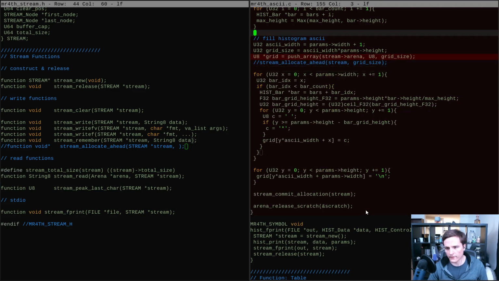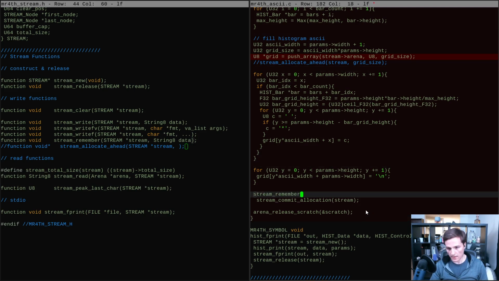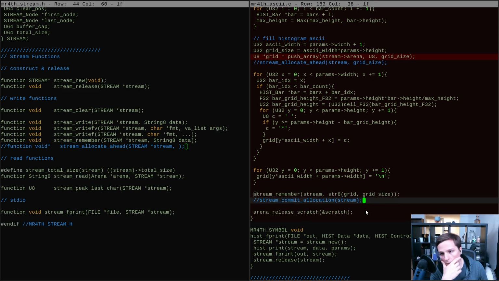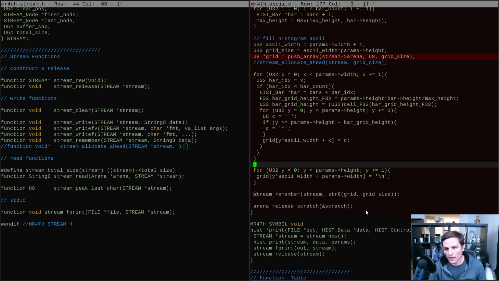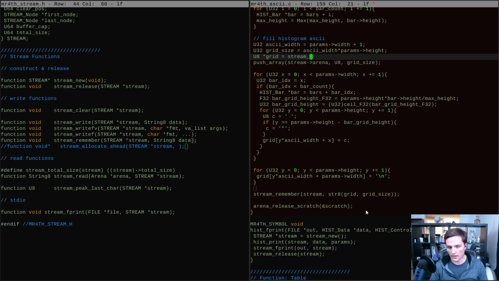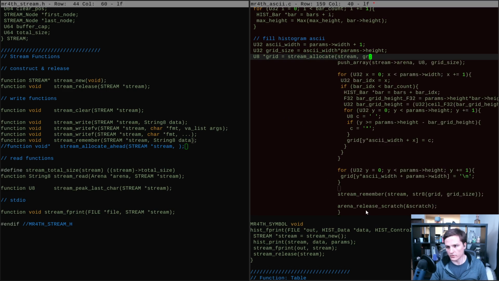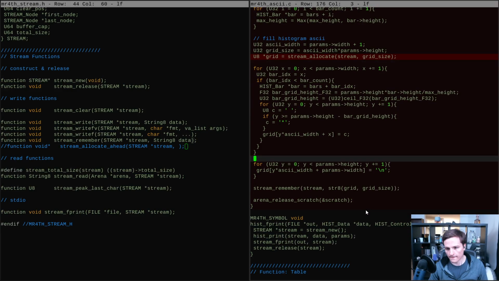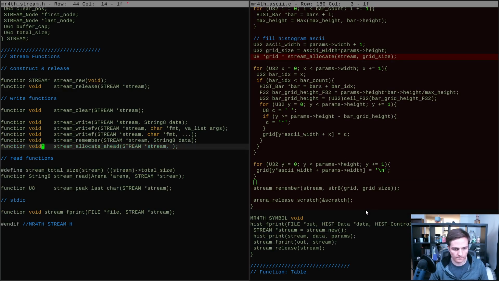So I just grab memory off from the stream's arena, and then at the end I can say stream remember stream grid size. Right, I guess that works. So I'm putting the memory onto the chain. And so this is something like stream allocate stream grid size. That seems good. Because then what we'll do